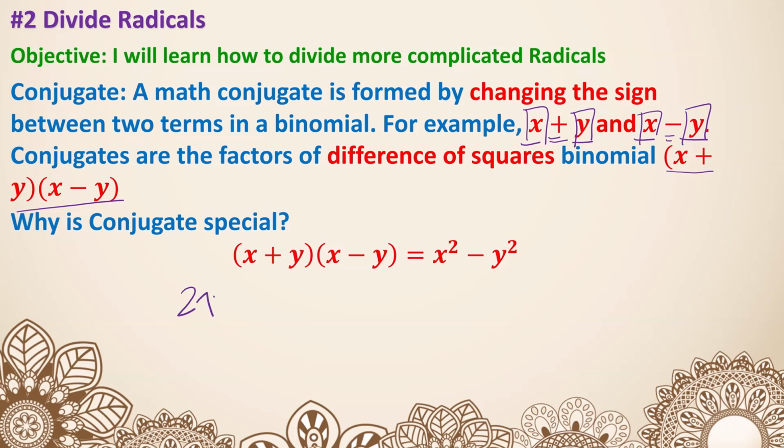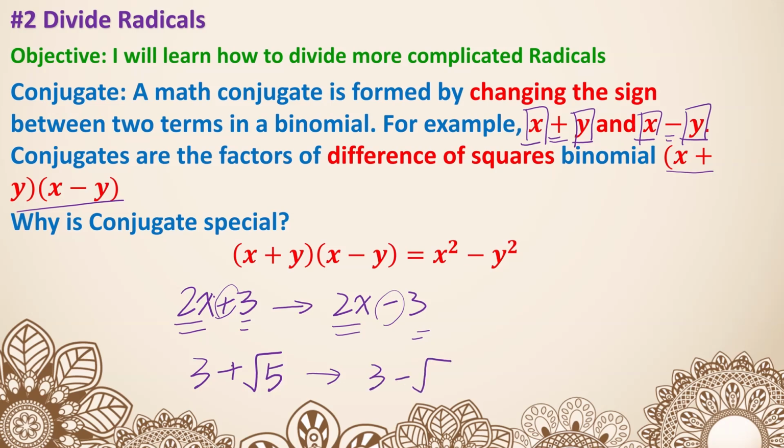Let's say you have 2x plus 3. Then the conjugate would be 2x minus 3. We're not changing the front, not changing the back. Just the sign in the middle is changing. So for example, another one, let's say you have 3 plus square root of 5. Well, then we would have 3 minus square root of 5. These are conjugates. The reason these are important is, if we multiply 3 plus square root of 5 and 3 minus square root of 5,